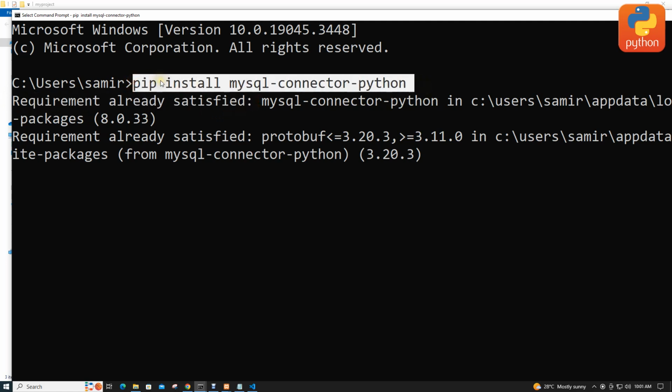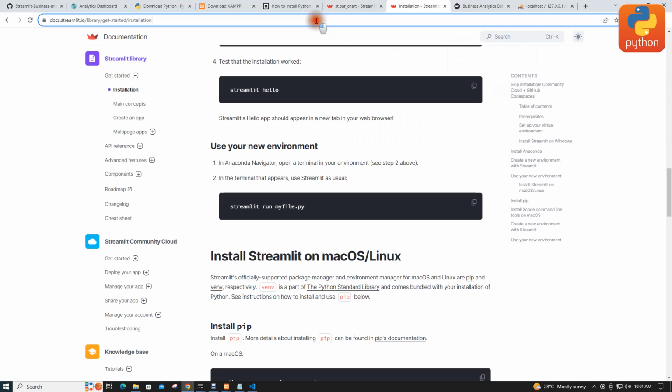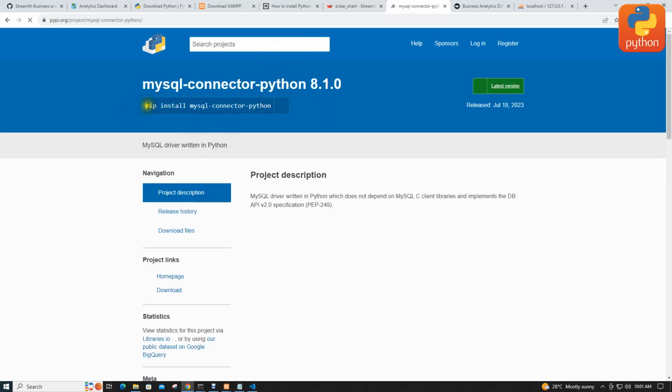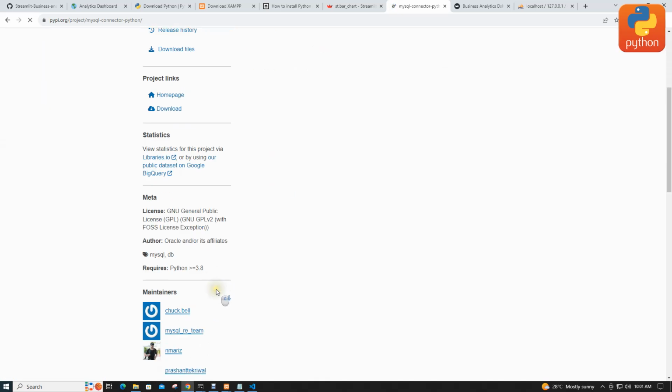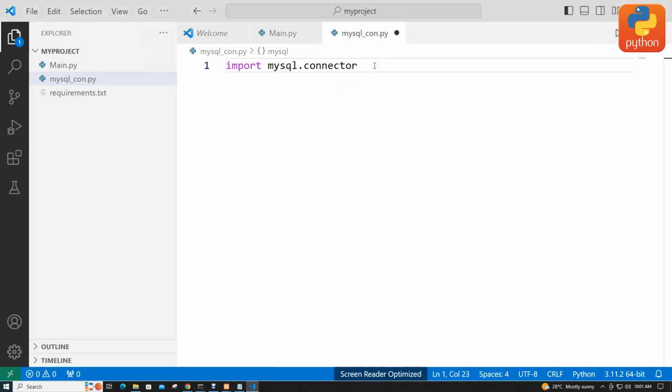There is a website for doing something like this. I just copy that command and come to this website which is about the MySQL connector library. Looking at the command, it is pip install mysql-connector-python. This site is just a version 8.1.0. Now after installing the MySQL connector, import mysql.connector and then import streamlit